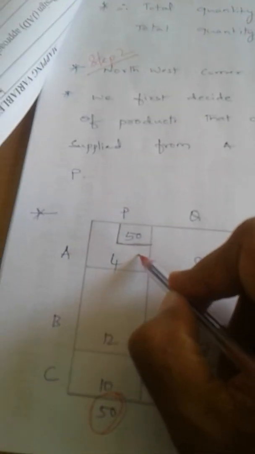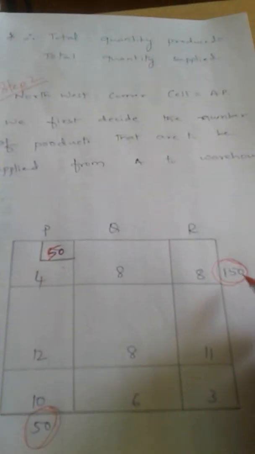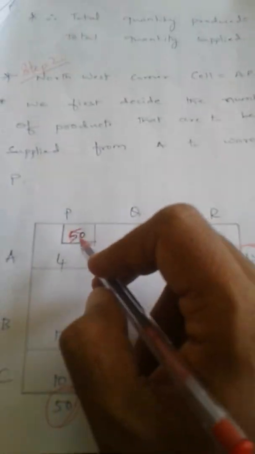How to write the second step: this is the given table. Now it is given that at manufacturing unit A 150 units are being manufactured, and at warehouse P 50 units are being required. So we are supposed to supply 50 units. How much can we supply from here to here? Out of 150 units, we can supply the complete 50 units through this channel. That is the reason 50 is being allotted to this particular cell. That means we are going to supply 50 units out of 150 to this particular warehouse.